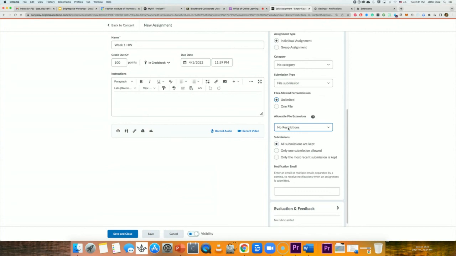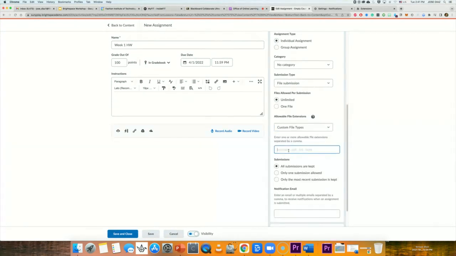This is the restrictions. If you don't want students sending you some funky files that you don't want to open and you're afraid to open on your computer, you can say to your students, I'm only accepting PDF files. Or you can do custom file types, and you can say, well, I'm only accepting